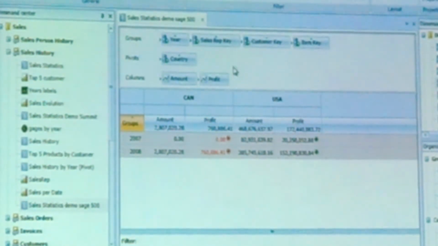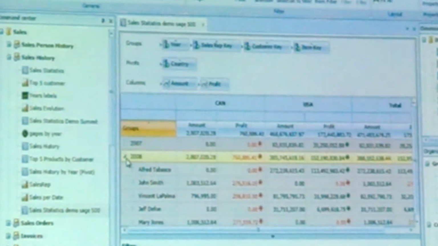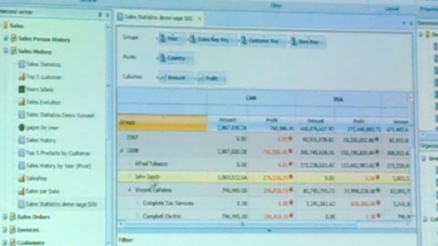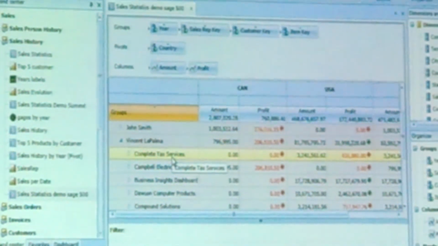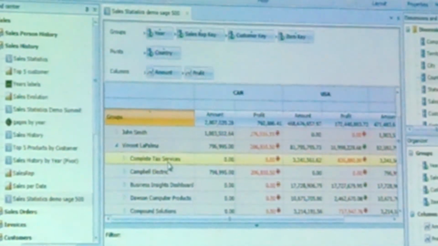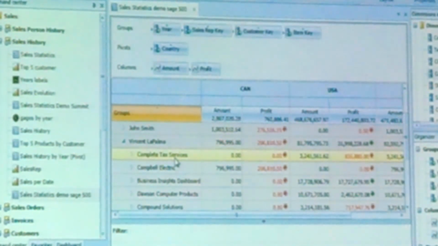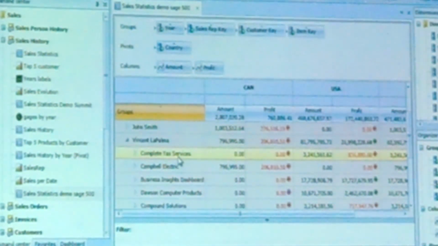If I want to have a grand total, I will just right click and ask for a grand total. I can continue to drill into my information, see my sales rep, see my customer, see my product, with my country side by side, or it could be any other dimension. Okay? I just noticed that maybe one number does not look so good. I want to share